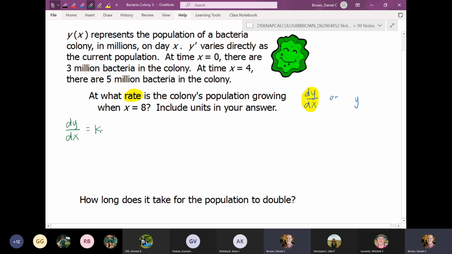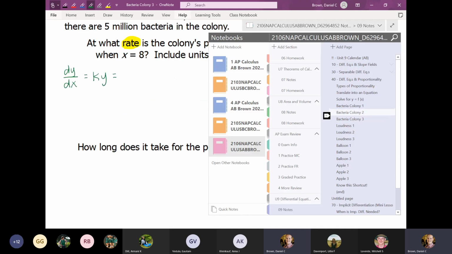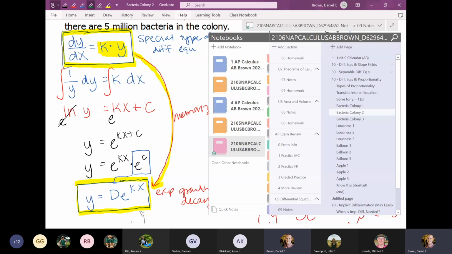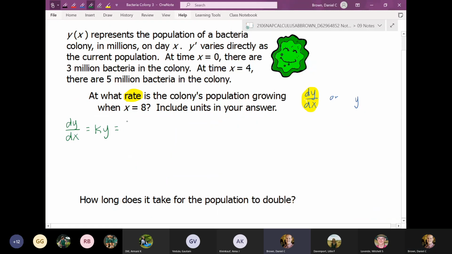We wrote that equation as k times y, but we did solve for both of those. k was that 1/4 natural log of 5/3